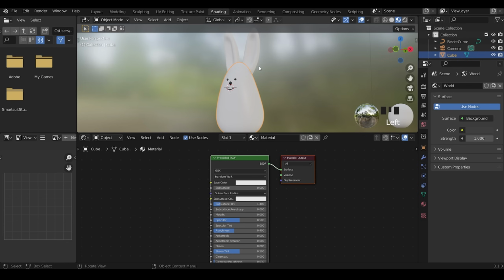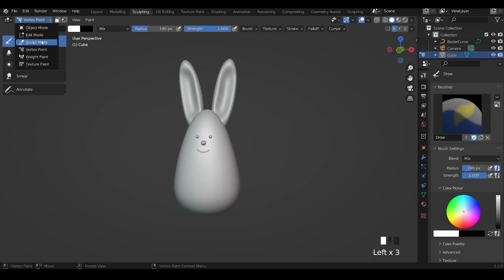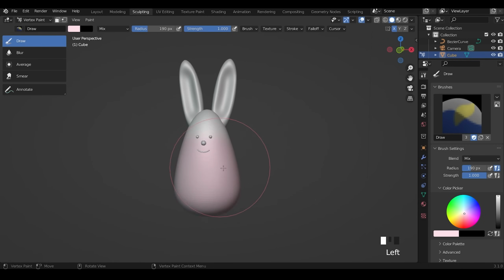Now you could texture paint for this, but it's a little bit easier if we go back to sculpting and we use what's known as the Vertex paint. So we're going from sculpt mode to Vertex paint mode. We can change the color to a pinky color, so somewhere across here, and you can see the color you're getting up there. I only want a tiny bit, so just a little bit of saturation, and saturation is how colorful it is, so how far out to the edge of the circle you are. So somewhere around there looks good, nice and bright, and I can come onto my object and paint, as you